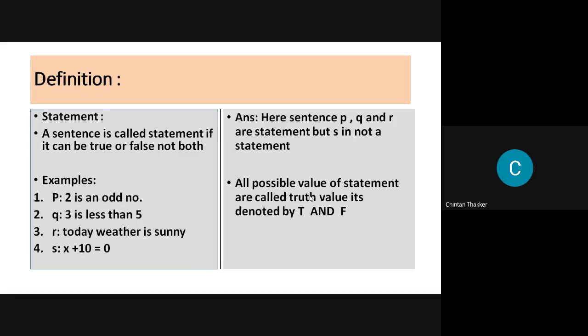So a statement is either true or false. If it is true, we denote the value by T. If it is false, we denote the value by F. They are called truth values.